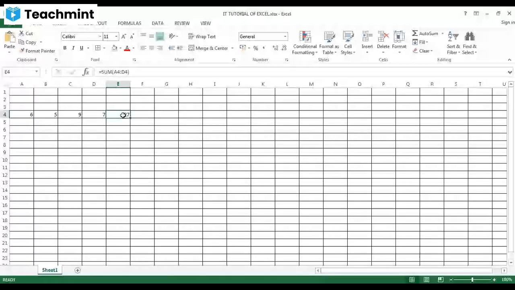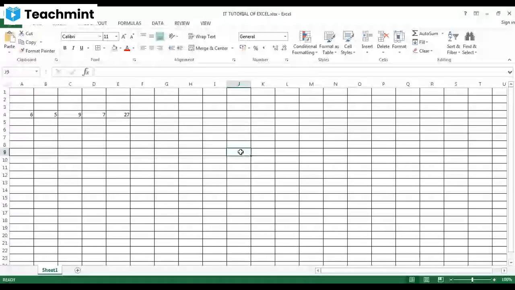When I press Control plus End, it has selected E4, your last cell which has any kind of value.